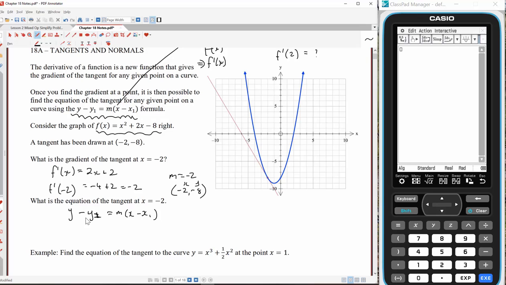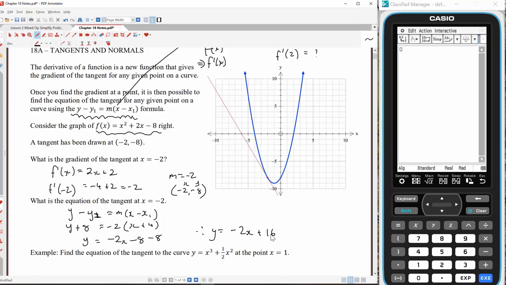So this is y take y1, so we'll call this y1. y plus 8 equals m, which is -2, times x take x1, x plus 4. Generally, we would put this into the correct form, like a y equals form. So what we'll do is expand this, which is -2x take 8, and then we're going to subtract another 8. Therefore, our equation of the tangent is y equals